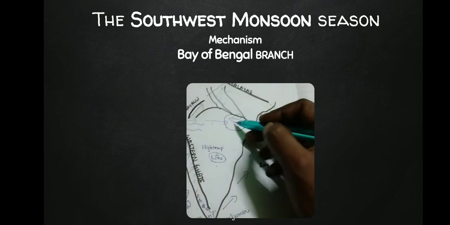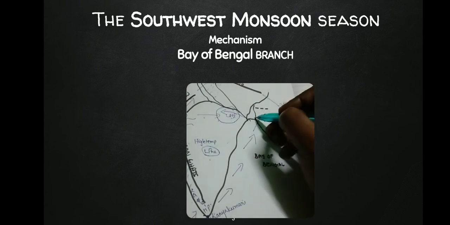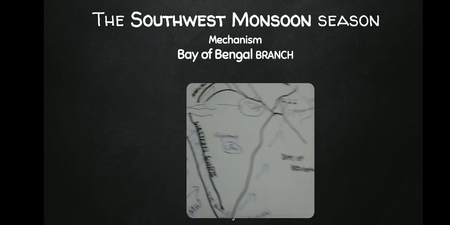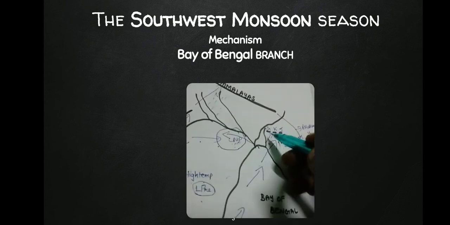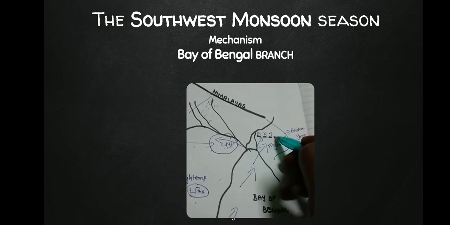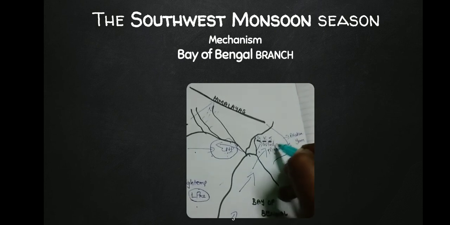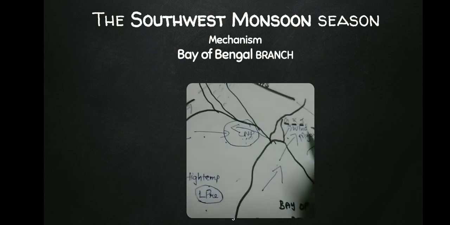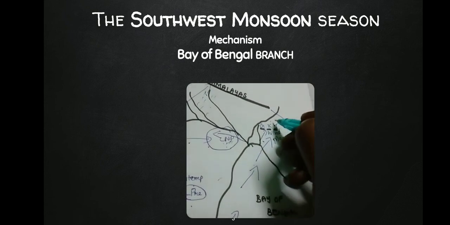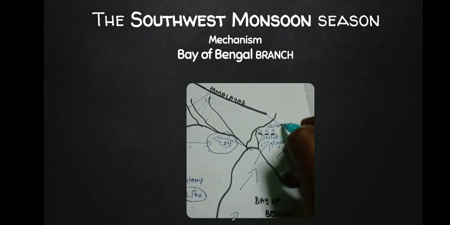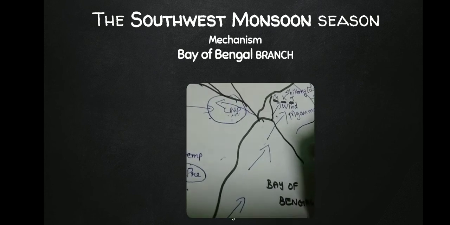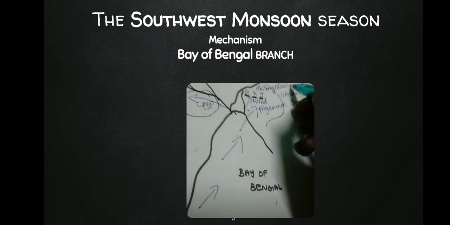So this is one diversion. The other one is the wind that reaches the Garo Khasi Jaintia hills. We have learnt of the Purvachal hills, Garo, Khasi and Jaintia, which block this wind, so that the windward side of the Garo Khasi hills or Purvachal hills receives heavy rainfall, whereas Shillong, the capital of Meghalaya, which is on the leeward side, receives less rainfall.